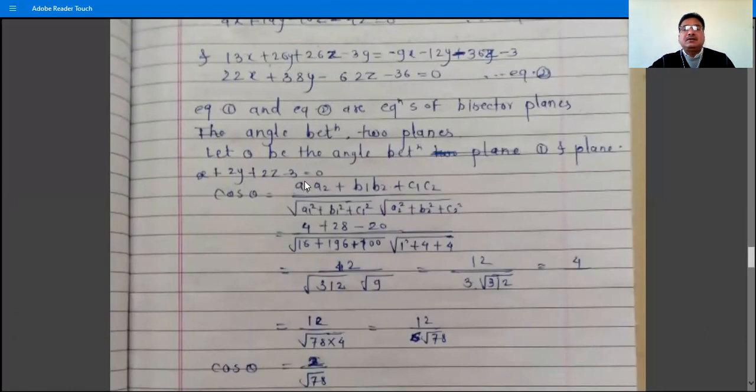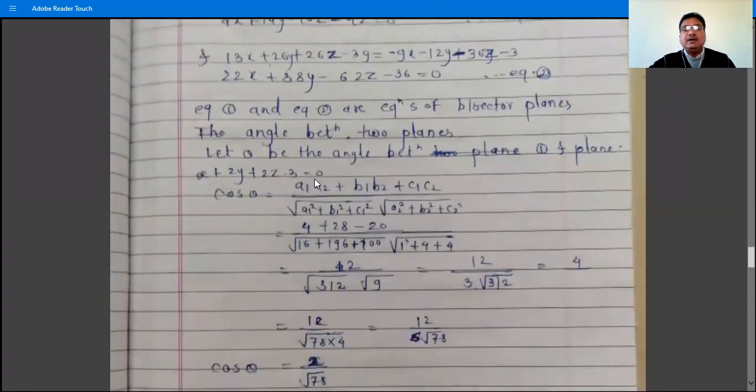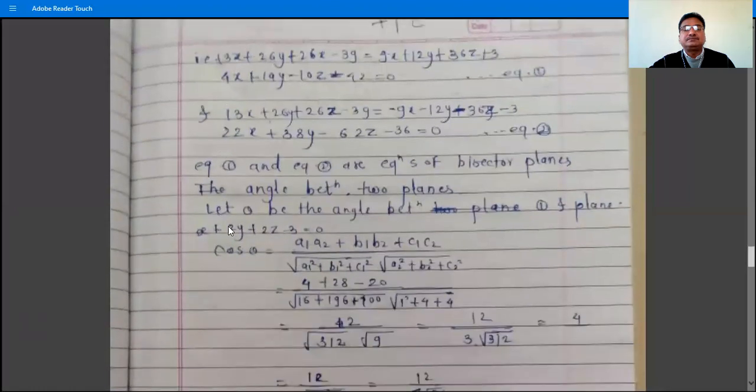So in equation number 1, the coefficient of x is 4, the coefficient of y is 14 and the coefficient of z is minus 10. That is, take a1 b1 c1 as 4, 14 and minus 10. And in the second equation, the coefficients of x y z are 1, 2, 2. So take a2 b2 c2 as 1, 2, 2. Therefore we have 4 into 1 is 4, then 14 into 2 is 28, minus 10 into 2 is minus 20, divided